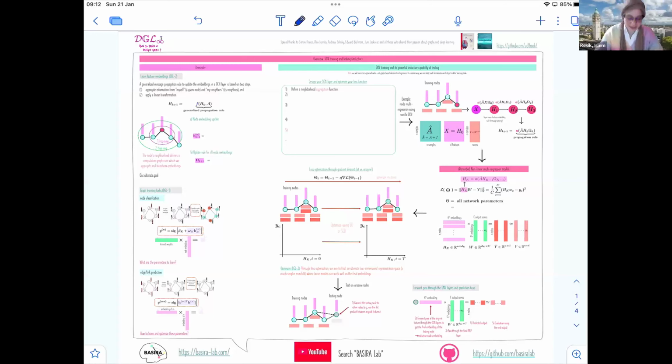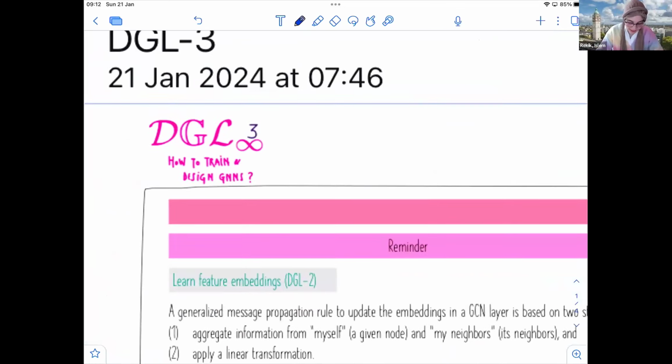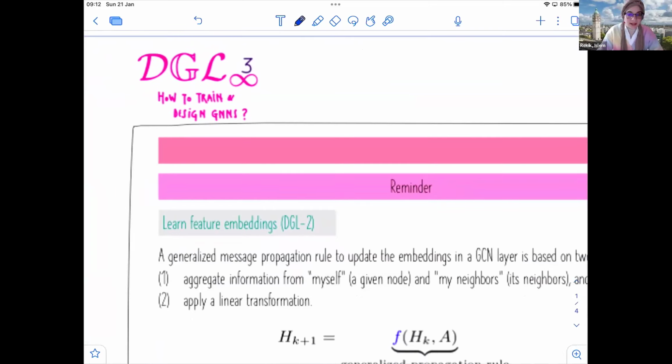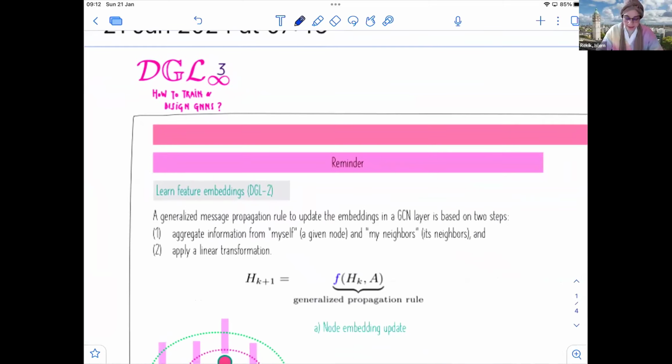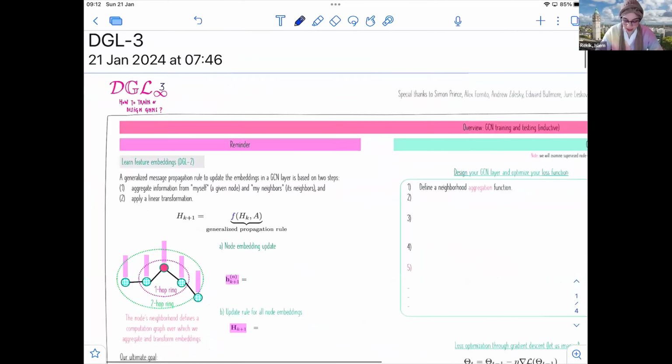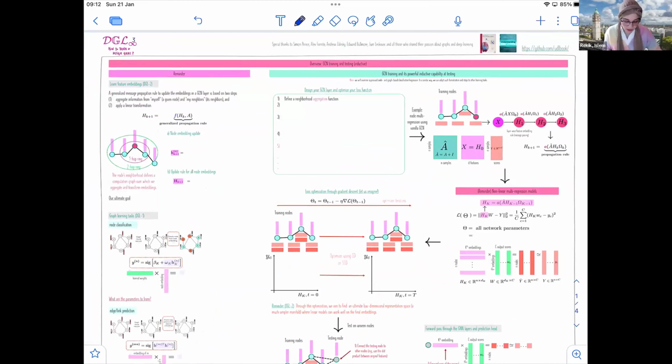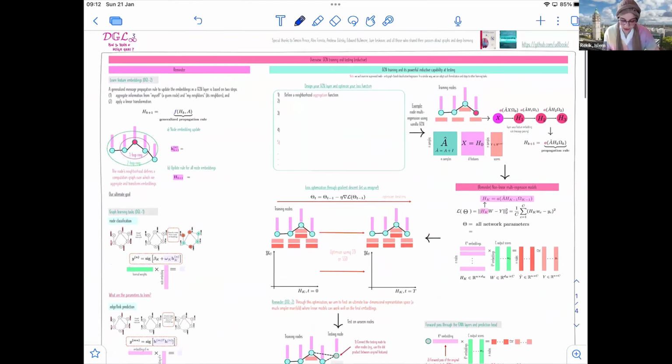Welcome to session 3. In today's session, we're going to learn about GNNs, how we can train them, and how to design GNN models. What are the building components or the building blocks and operations of a GNN layer? At the beginning, we're going to start with a reminder and overview of the past few lectures, what we covered so far, and we will